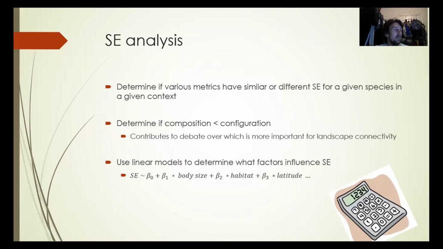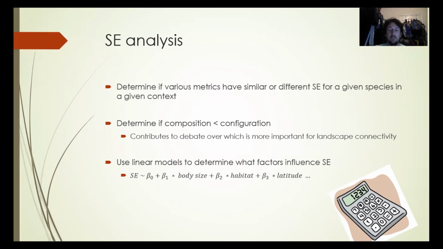So I'm currently in the process of going through and calculating all these scales of effects. I haven't quite finished. There's still a small chunk left to be done, but I've done the majority of the 190. And once I have all 190, I will be able to determine if these various metrics have similar or different scales of effect. In particular, I hope to examine if metrics that describe habitat composition have a smaller scale